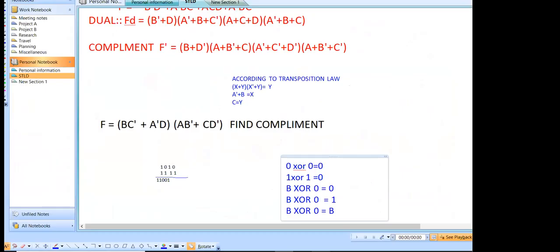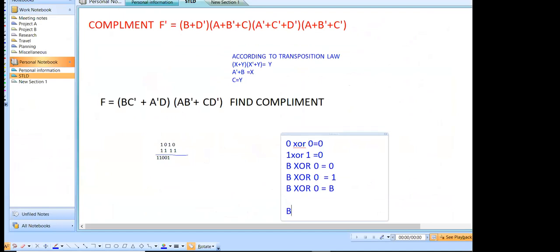Similarly, if you observe the second operation, the B XOR with 1, B ని XOR with 1 చేస్తే ఏమవుతుంది చూడండి. If you perform B XOR with 1, then this will be equals to B complement. It will be equals to B bar. This simple B bar రాస్తాను, నేను అర్థం చేస్తాను. That is, it will perform the complement of B. When you are performing B exclusive OR with 1, that is, this will be equals to B bar. And ఏమవుతుంది? B 0 తీసుకున్నారు. ఏమవుతుంది? If the value of B equals to 0,